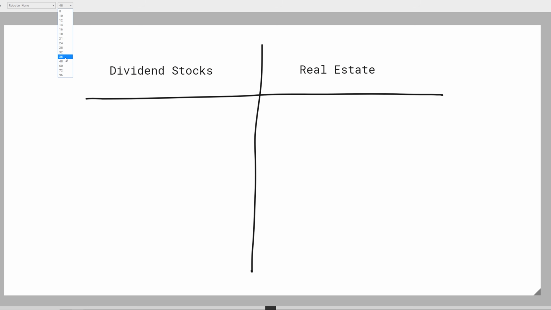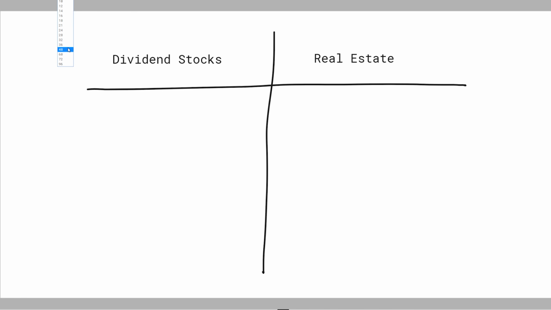Now, I'm sure you've heard this comparison before, and I know we're all familiar with dividend stocks here. I'm pretty sure everybody's familiar with real estate rentals at one point. I think most people have rented from an apartment at one point in their life. But this is what I'm going to be comparing together. And the first thing that we do is we buy stock. And with real estate, the first thing you do is buy a rental property.